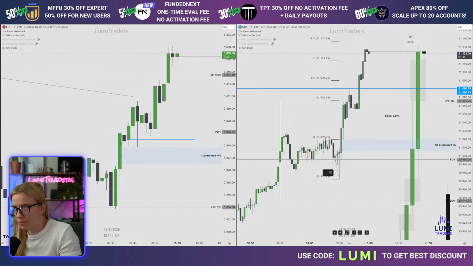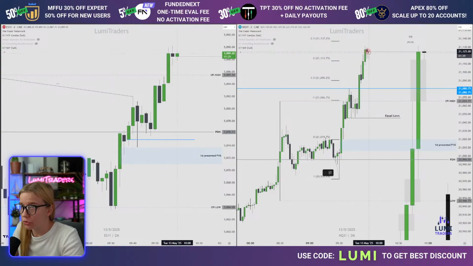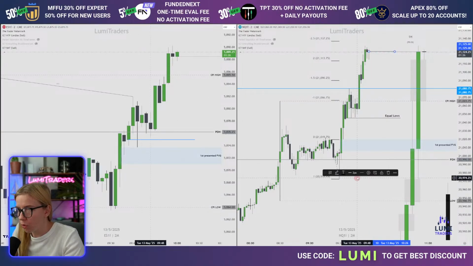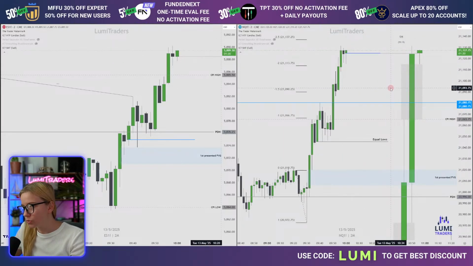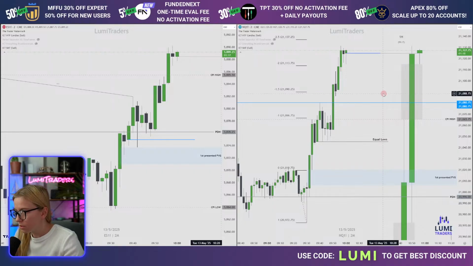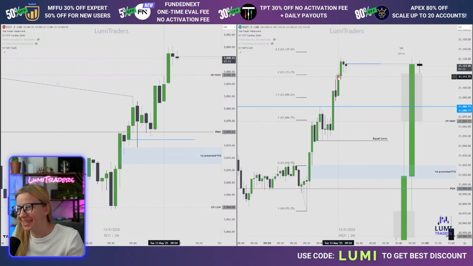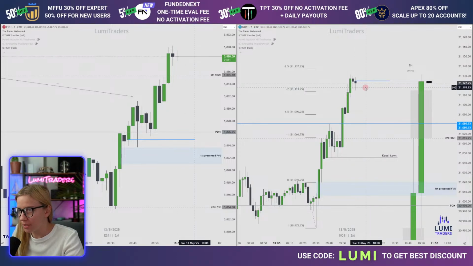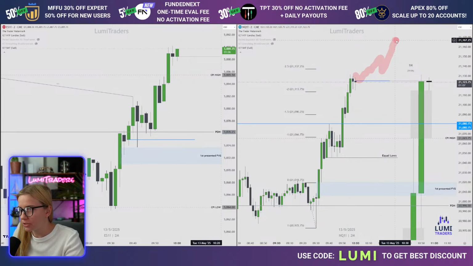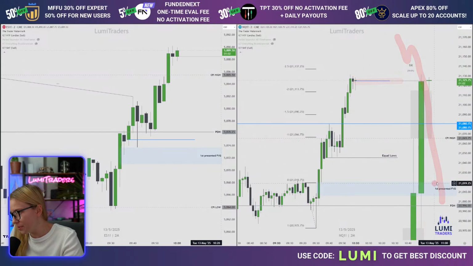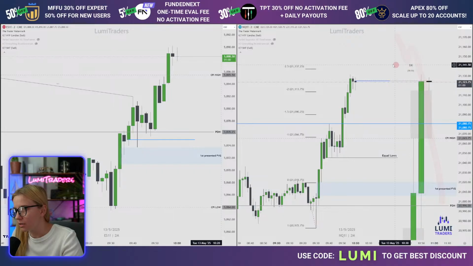I'm going to forward test what I backtested yesterday. I'm going to highlight the open of the new hourly candle, and I'm going to sit on the 2-minute chart. If I want to look for a short, at this point I would like to see price trading above the 10 a.m. open. I will look for the short, maybe not that low, but above the 10 a.m. open.